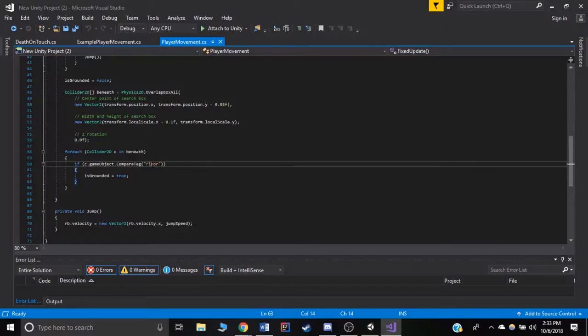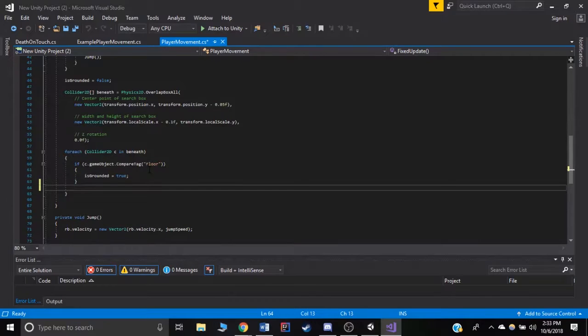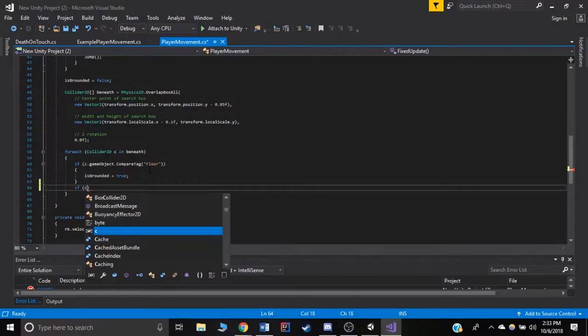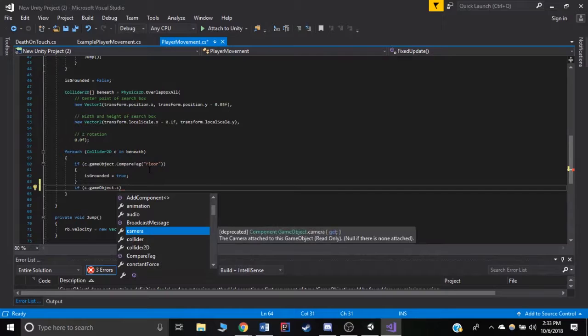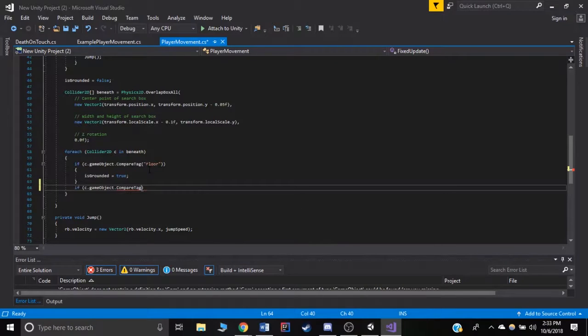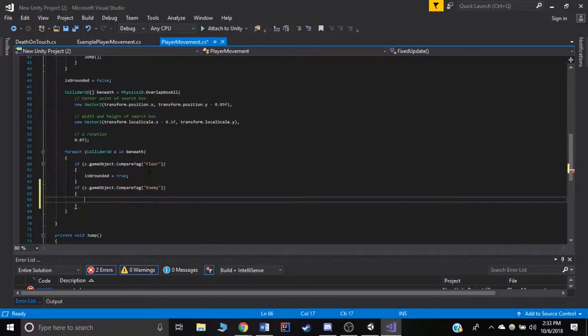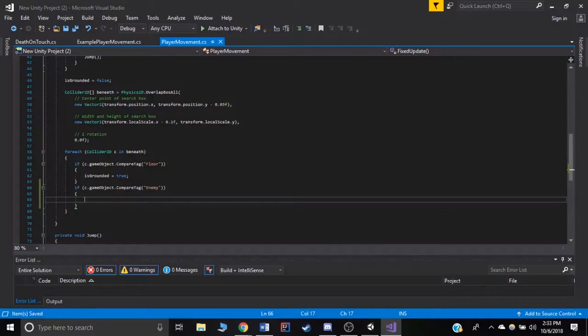So right now we're only checking to see if there's floor below us, but after this we can actually check if it is an enemy right below us. Compare tag enemy, which we have not given it the tag enemy, but we can in a second. If it's an enemy, we want to destroy the enemy. So if we jump on an enemy, or if an enemy is right below us, we want to